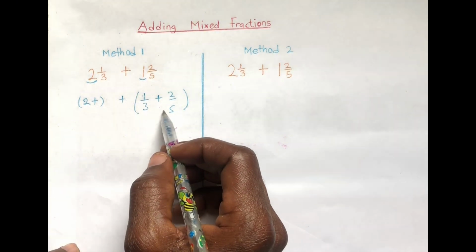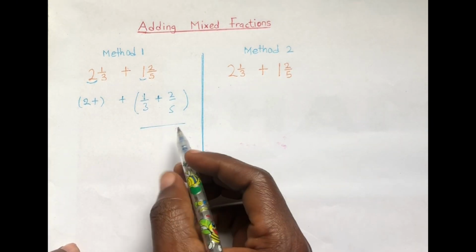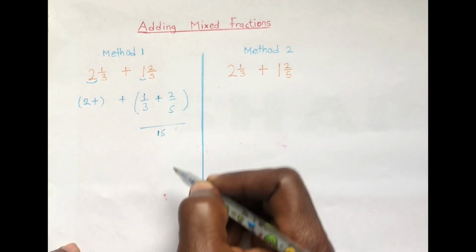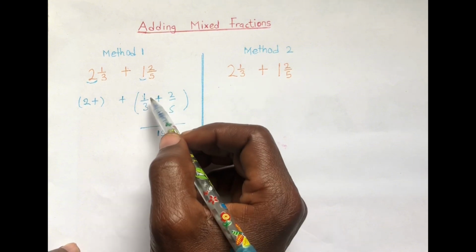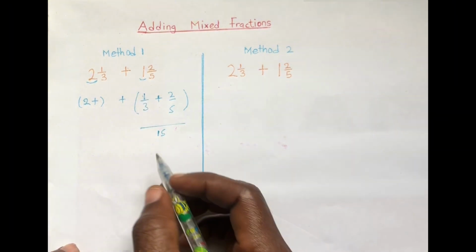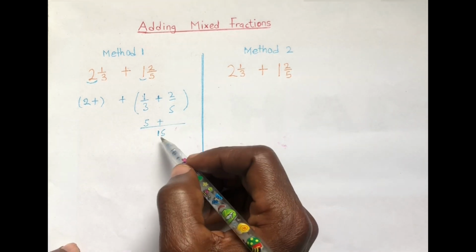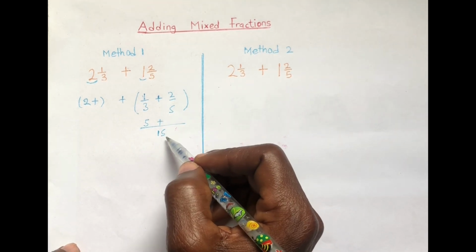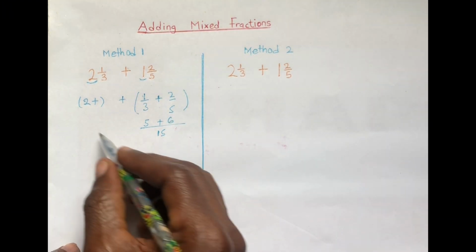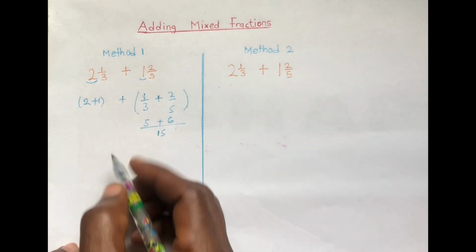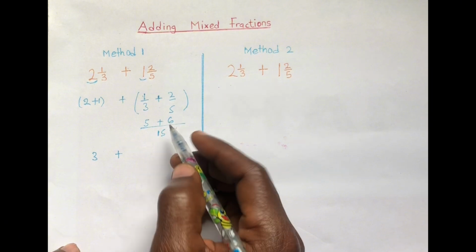Then we work out the fractions. So we find the LCM of the denominators, which will be 15. Then 15 divided by 3 will give us 5. Then multiply by the numerator, which will give us 5, plus then 15 divided by 5, which is 3, multiply by the 2, gives us 6. So we have 2 plus 1, which is 3, plus, then we have 5 plus 6, giving us